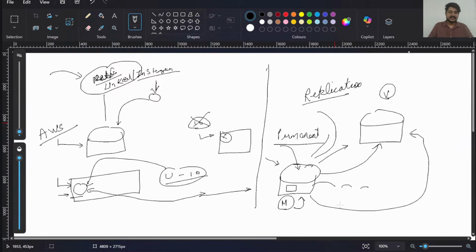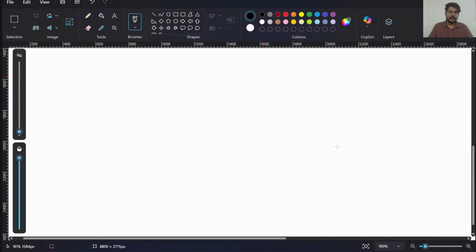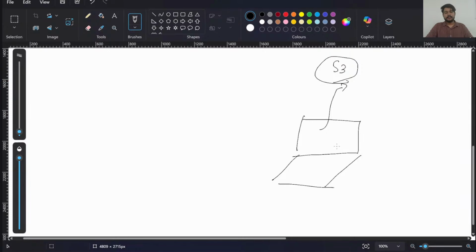But I don't want this replication part also. I want a pure backup, guys. Which means, for example, on my local system, my laptop, I have some folder here. I want this folder to be automatically backed up inside an S3 bucket. A very interesting project. You're creating a backup, maybe of a folder, maybe of a file, uploading all those objects in the world of cloud. So that is one thing we will be doing over here, right?